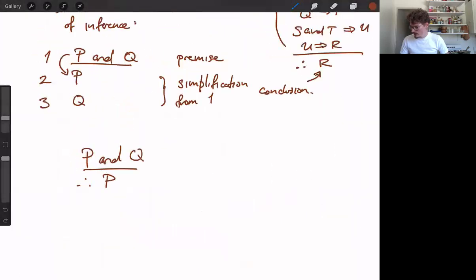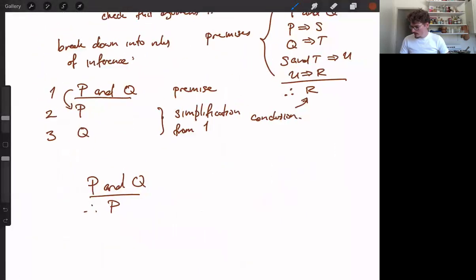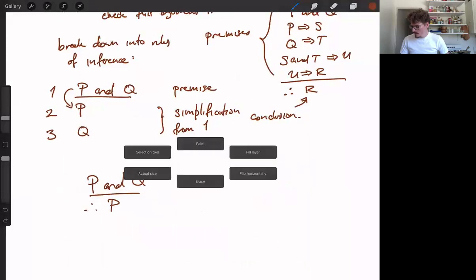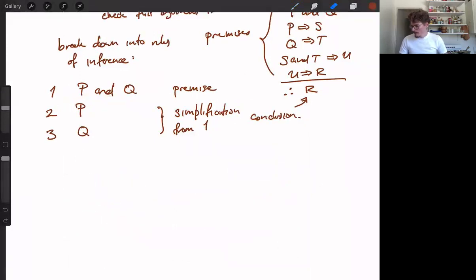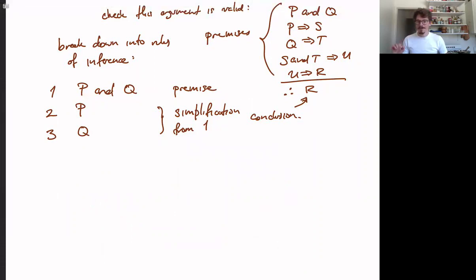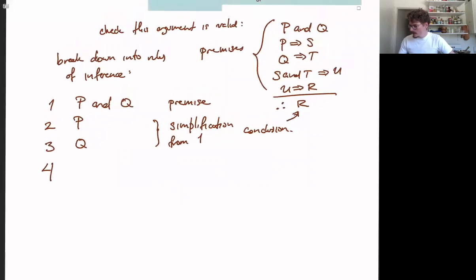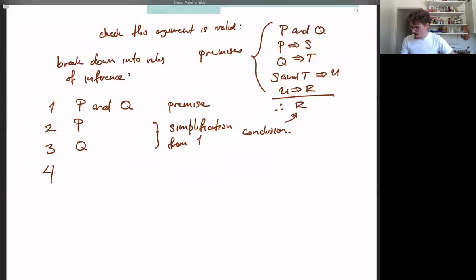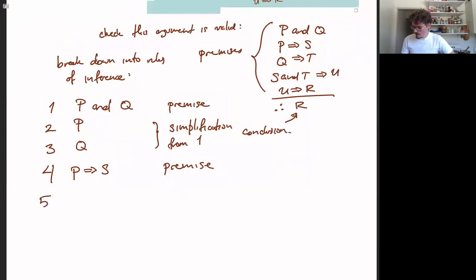Okay, so let's undo all of this. Now we know P and Q are true. So far, so good. What do we want to say next? Next, let's bring in more premises. P implies S is a premise. And we can use it to conclude S from,